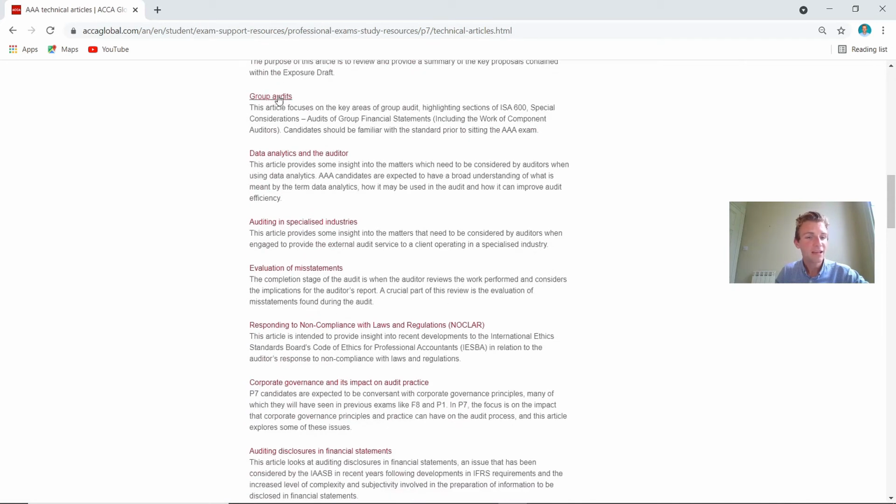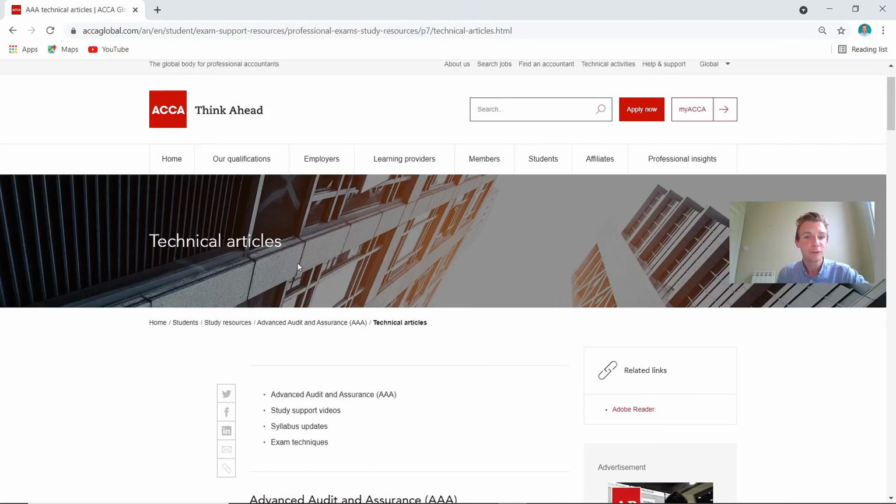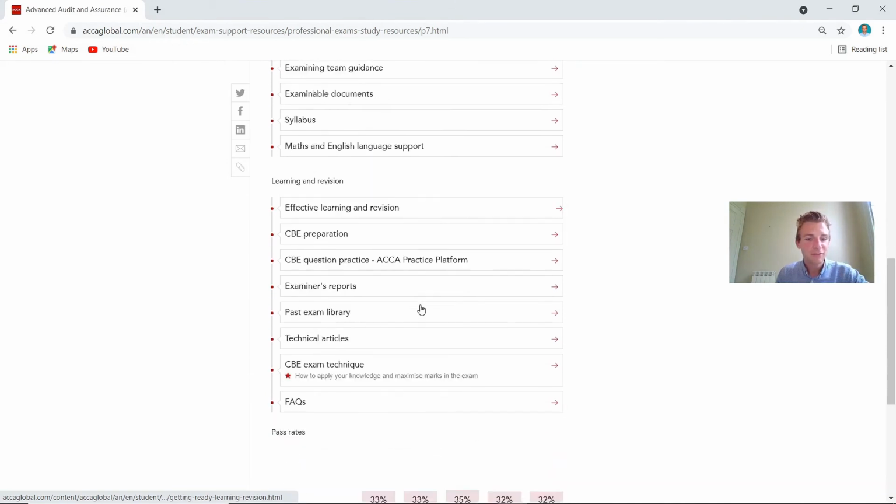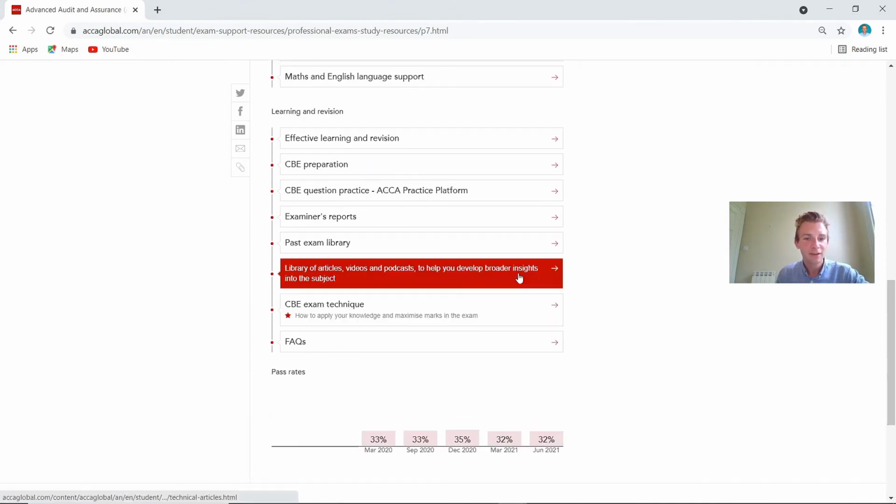But these are some of the key topics and heading areas that we saw in the actual syllabus. So just go through them one by one, take some time to have a look through, and it's really important, these, especially if you're not from an audit background, I would say. So coming on to some of the other aspects on here now. So we've had a look through the technical articles.